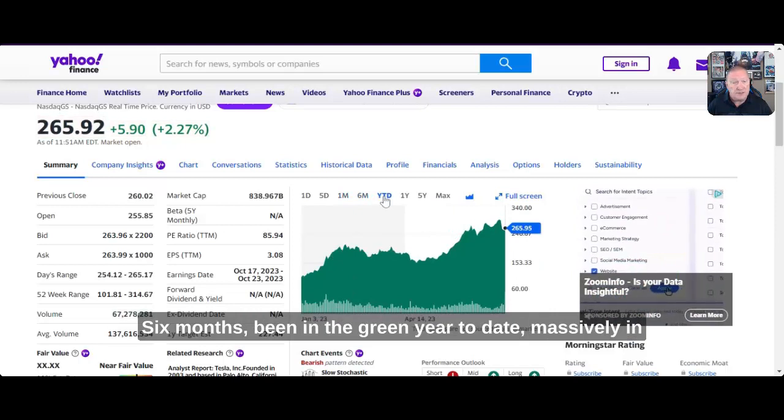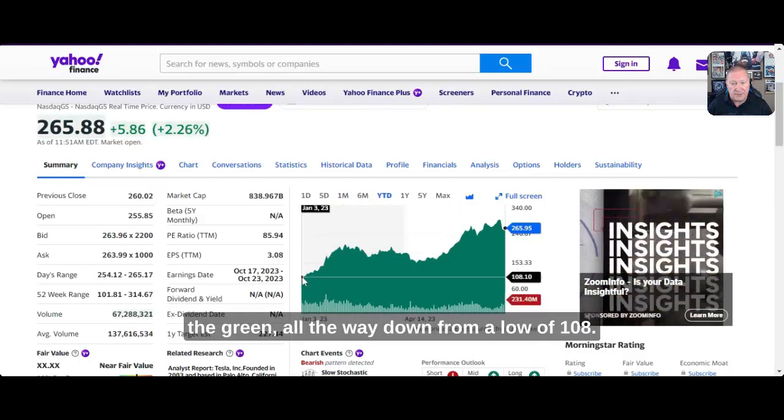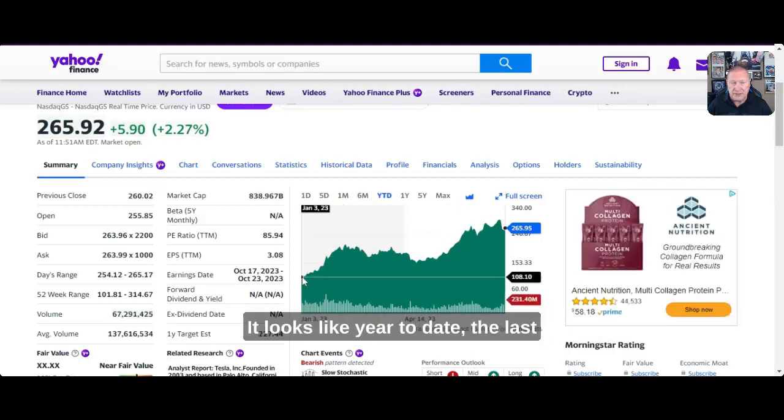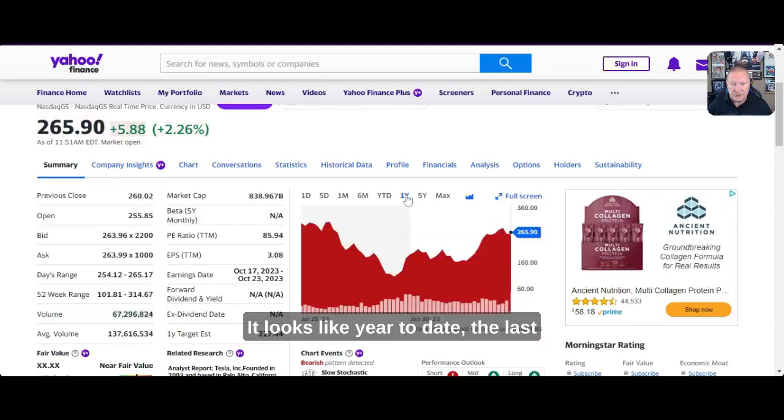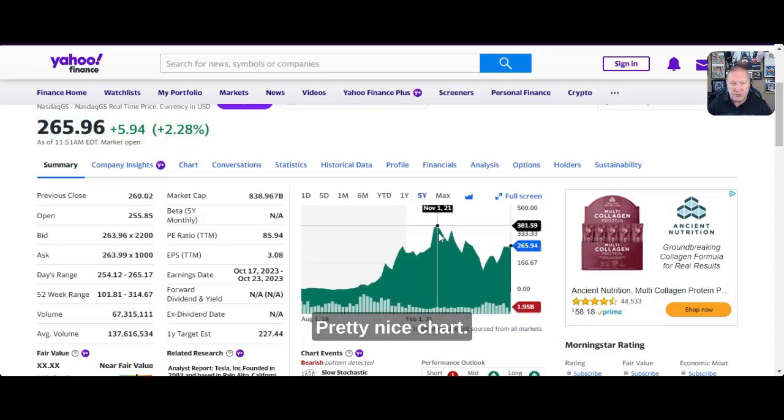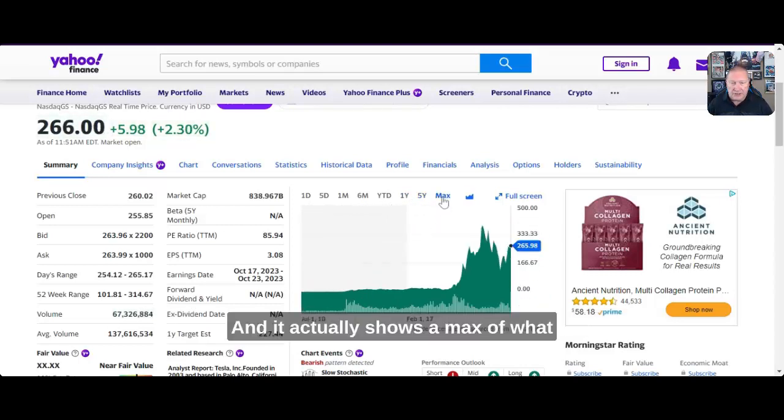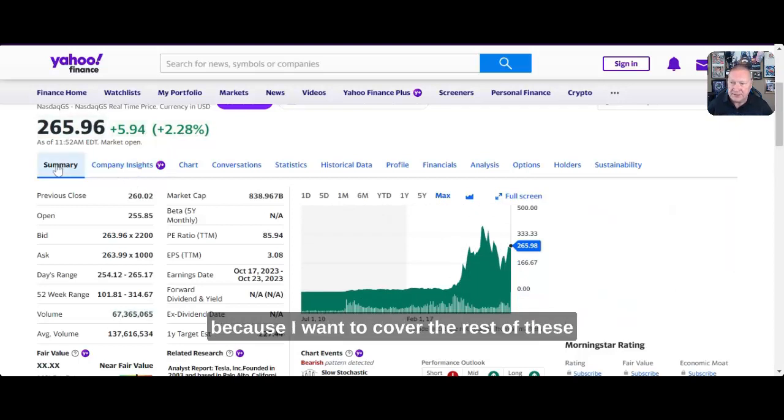Year to date, massively in the green, all the way down from a low of 108, it looks like. The last year, it's been all over the map. We're actually still lower than we were a year ago. Five years, pretty nice chart, and it actually shows the max of what this stock was back in the day. So we won't go to the full screen yet because I want to cover the rest of these items